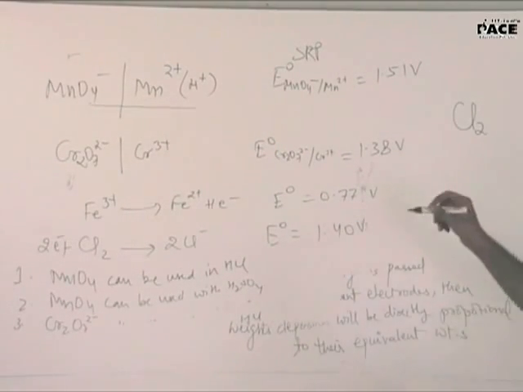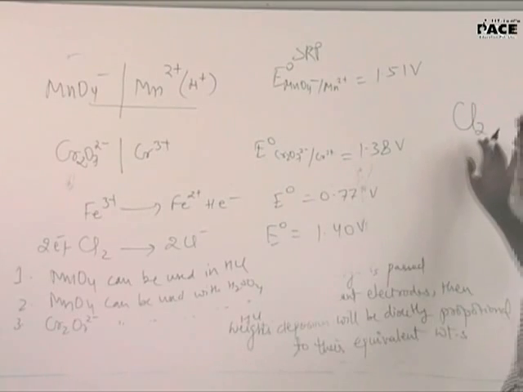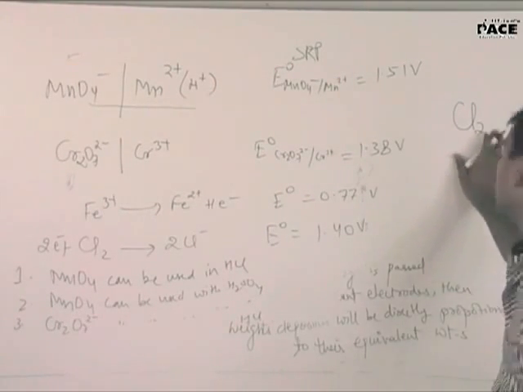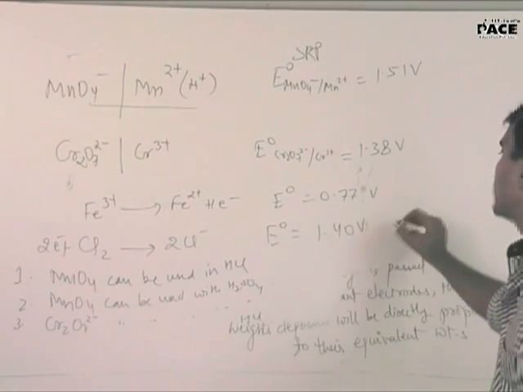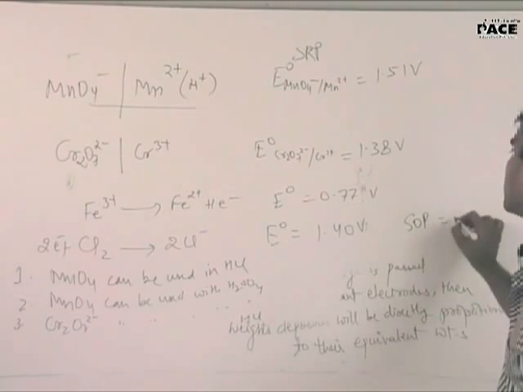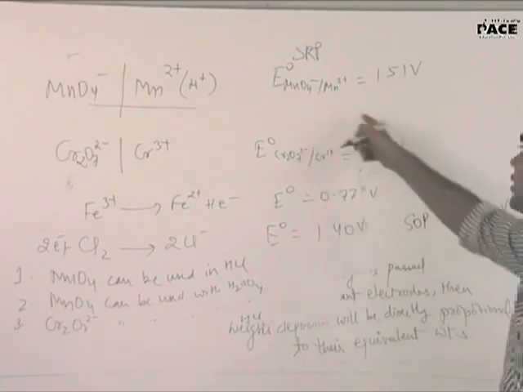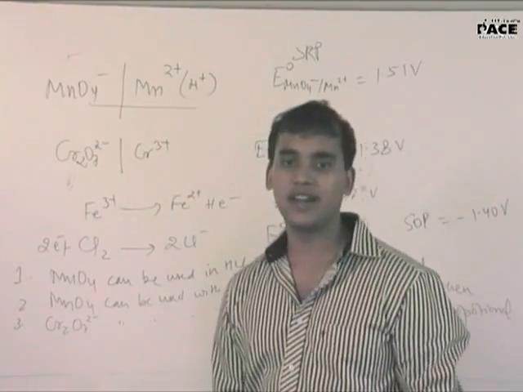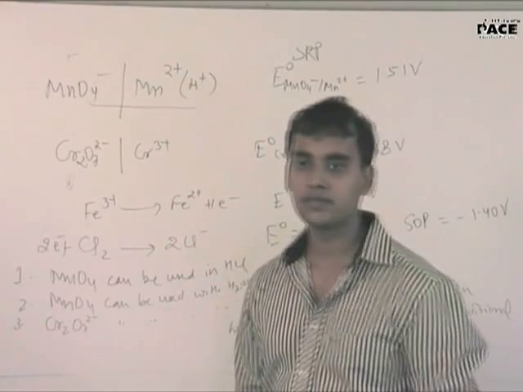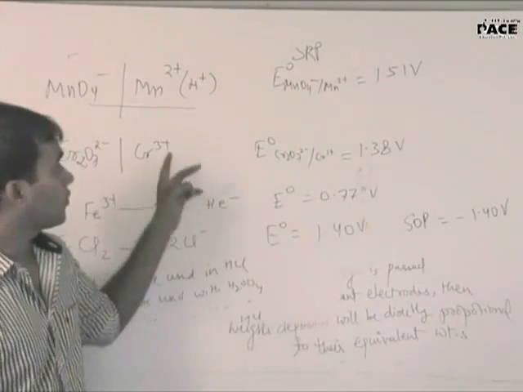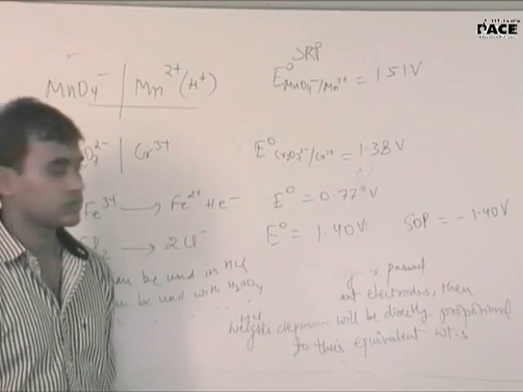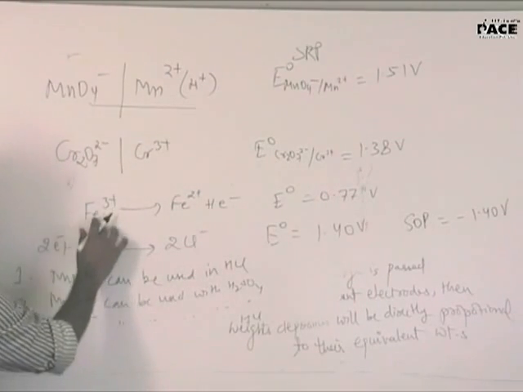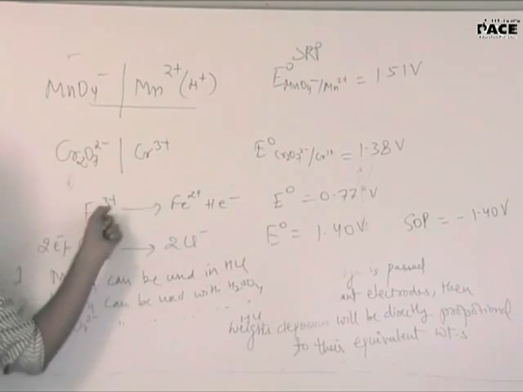Okay, what will happen? Can you please check it once more? So whether Cl2 is evolved or not. Maybe I may be wrong. Just check the SOP for this. SOP for this will be minus 1.4. And in this case, what will be the other side of the reaction? The standard hydrogen electrode, SHE. No, sir. Sir, ferrous nitrate. Sir, quantitative estimation we are doing that. So that must be this ferrous nitrate. Okay, this is getting reduced.